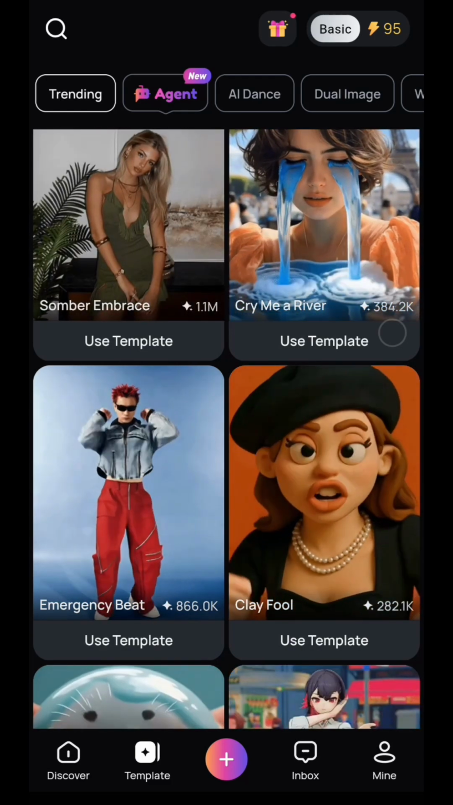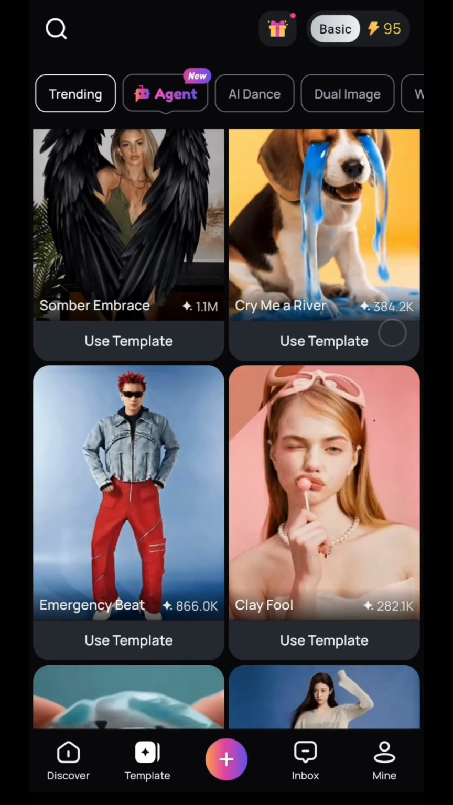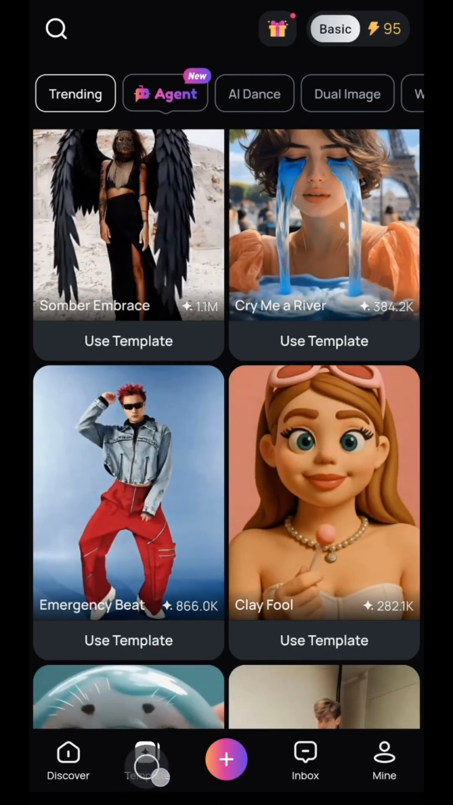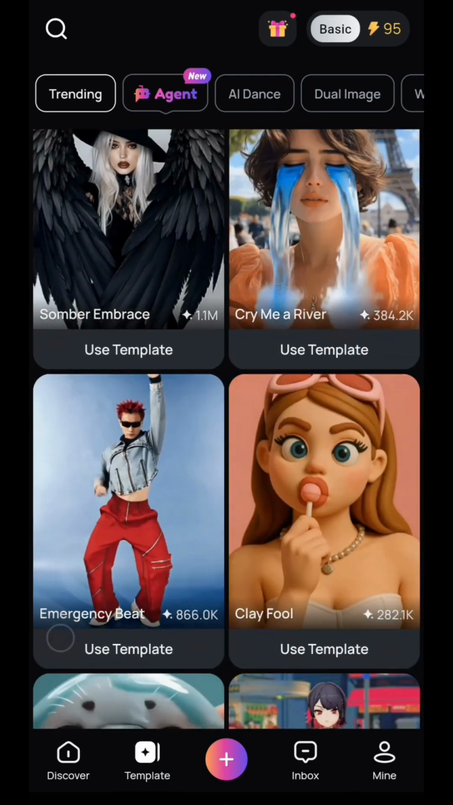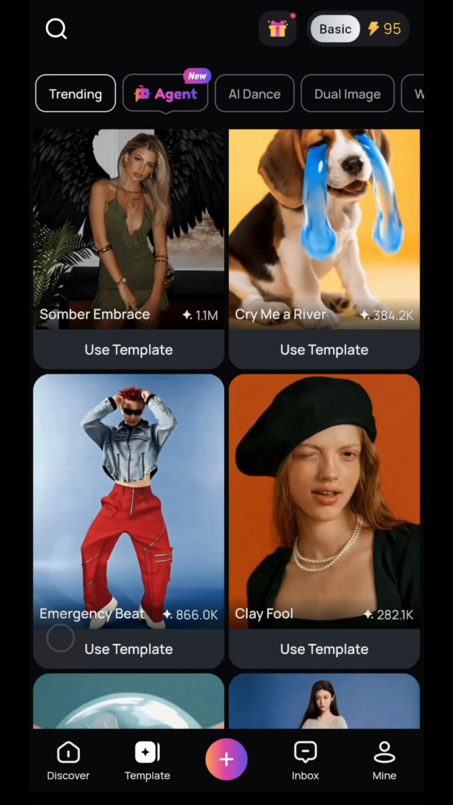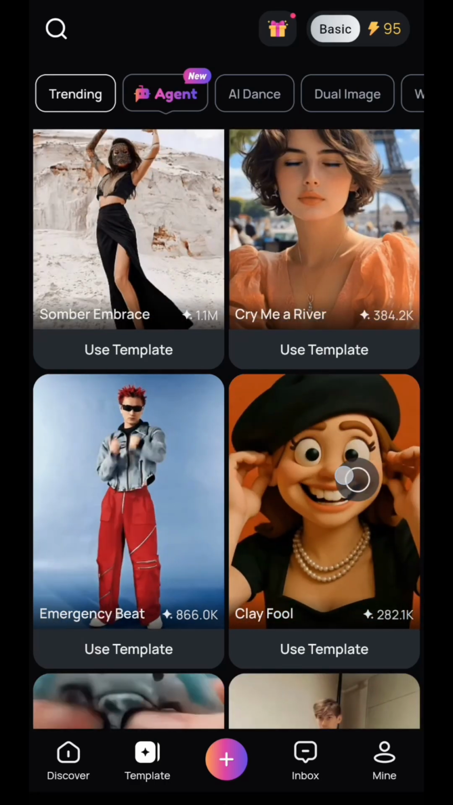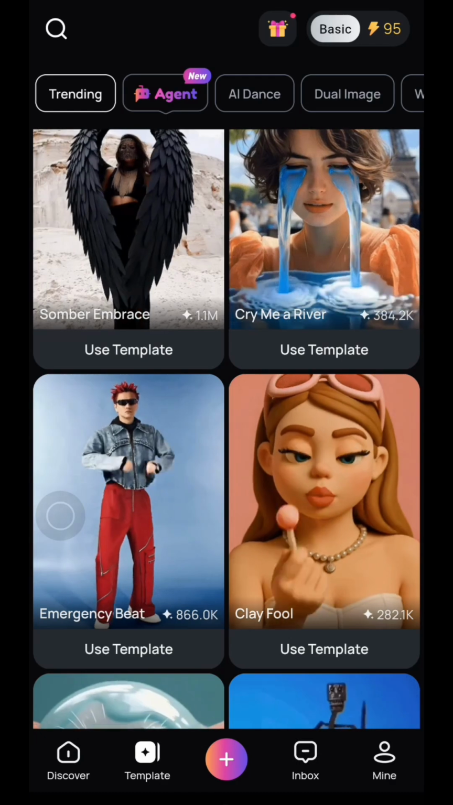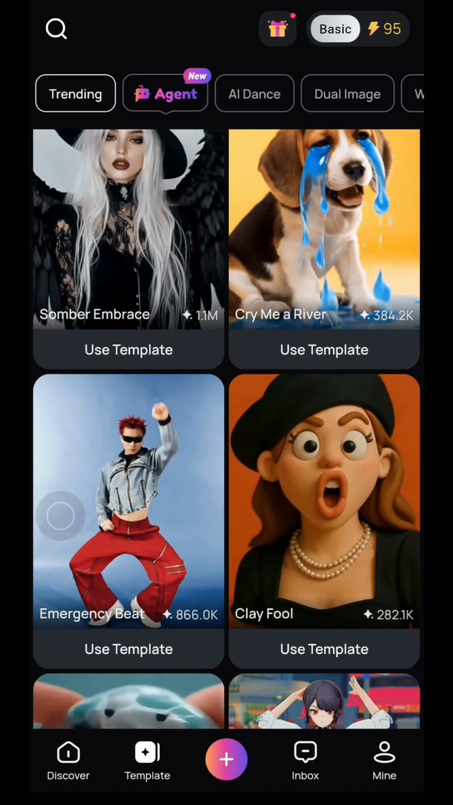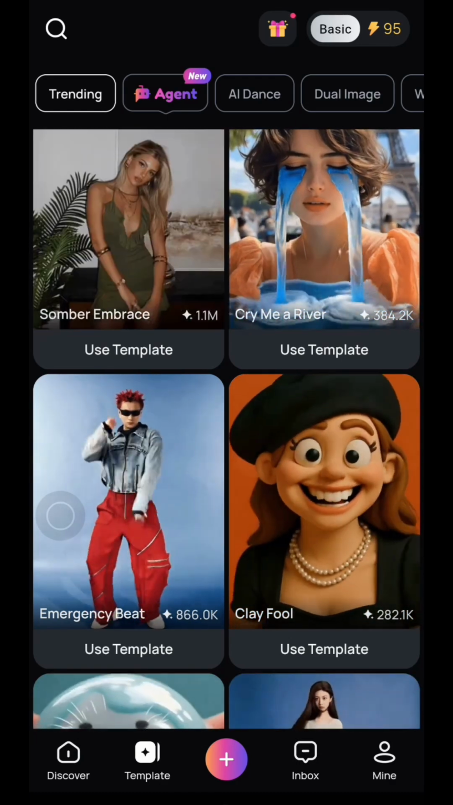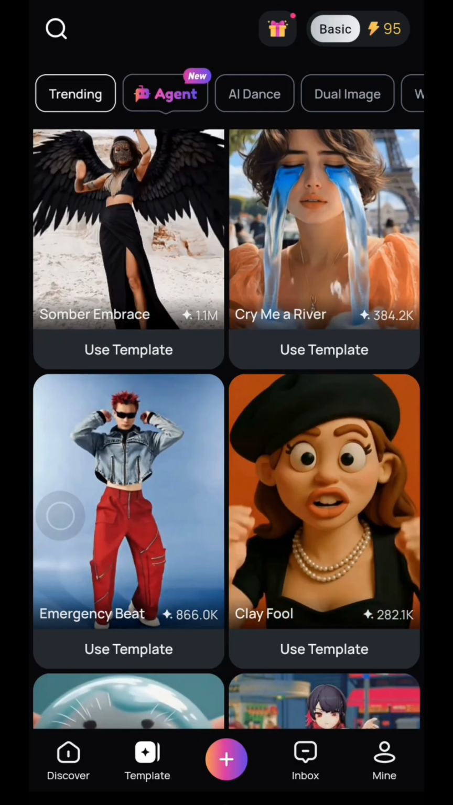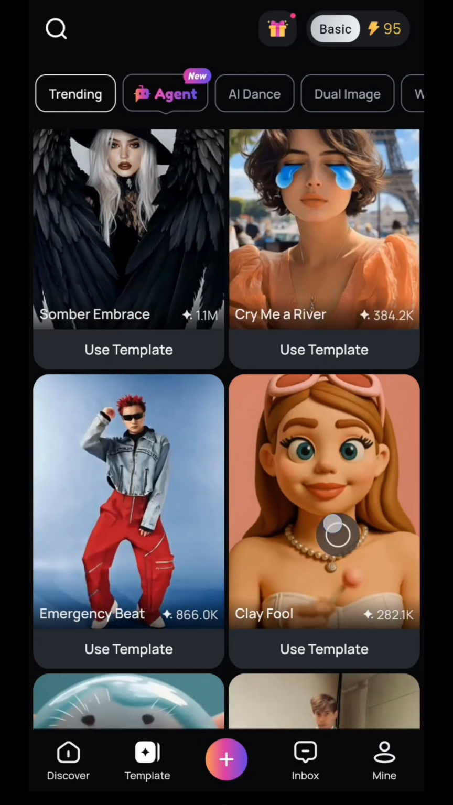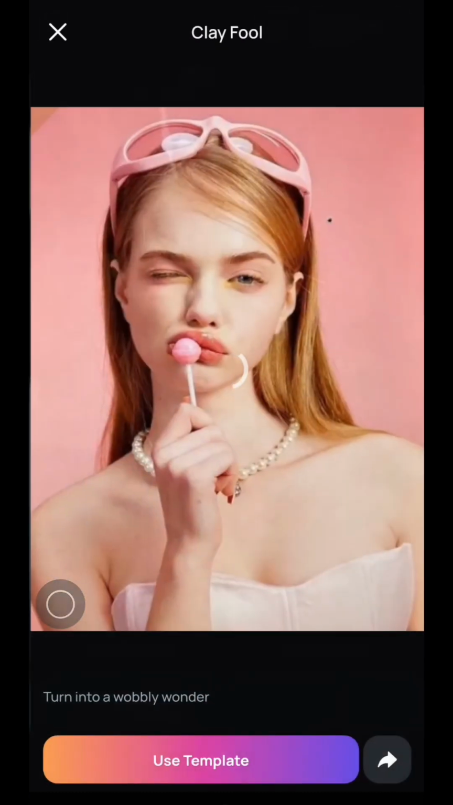Now once you're inside the app, just head over to the template section, this one, just tap on it, and then scroll through the options and look for the template called Clayful, this one. This template is designed to give your photo a unique clay animation look, almost like it's handmade out of modeling clay. It's cute animations like this. Just tap on it